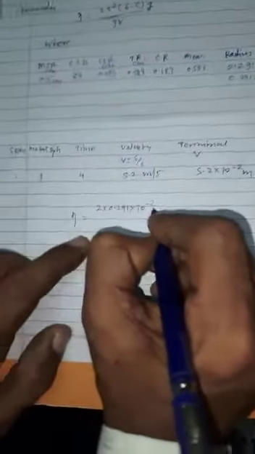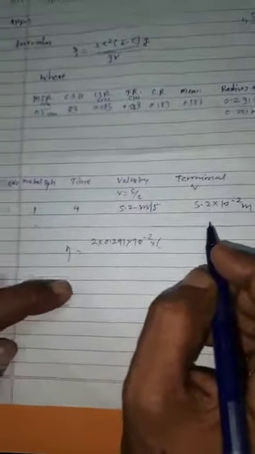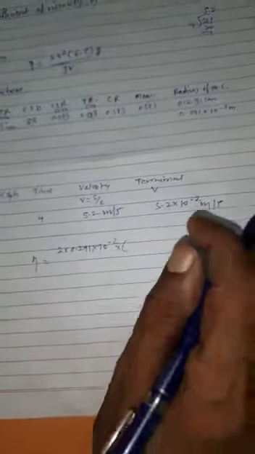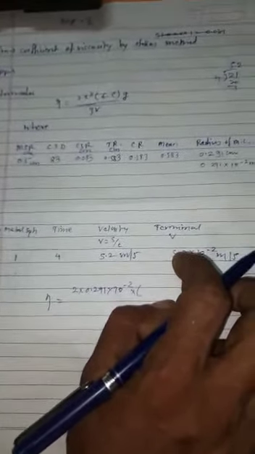And with this metallic sphere we have to calculate the coefficient of viscosity. In this way, eta equals 2 into R, where R is 0.291 into 10 to the power minus 2. Then sigma is the density of the sphere. Suppose we consider the mass M as 1 gram and V as 1.2.